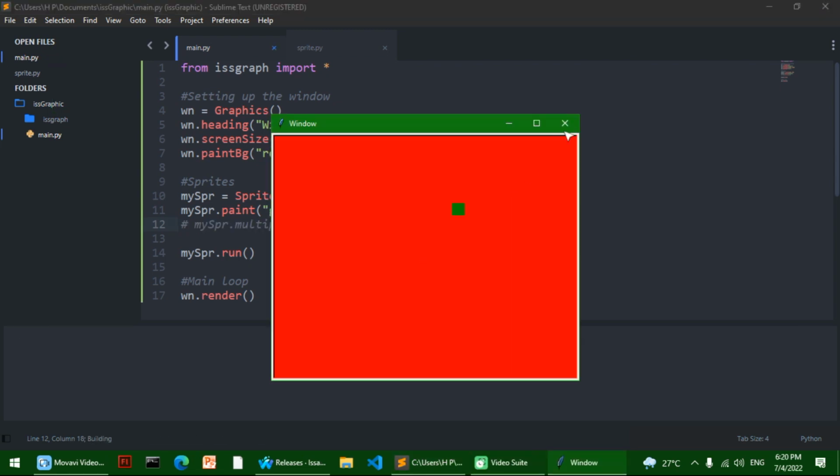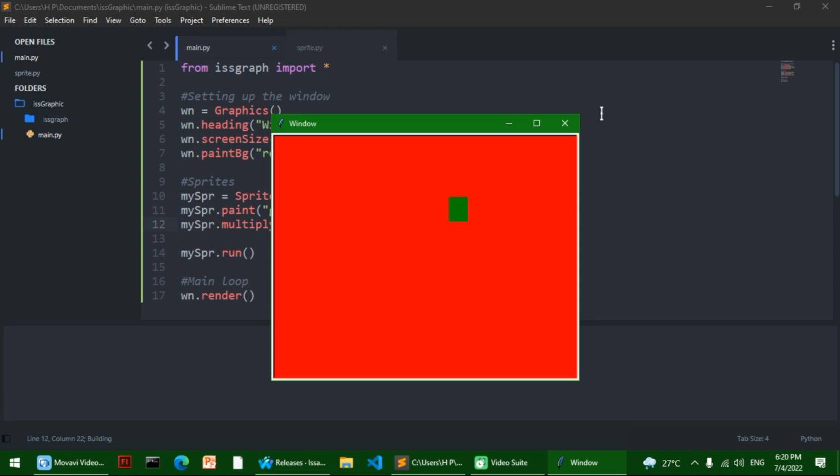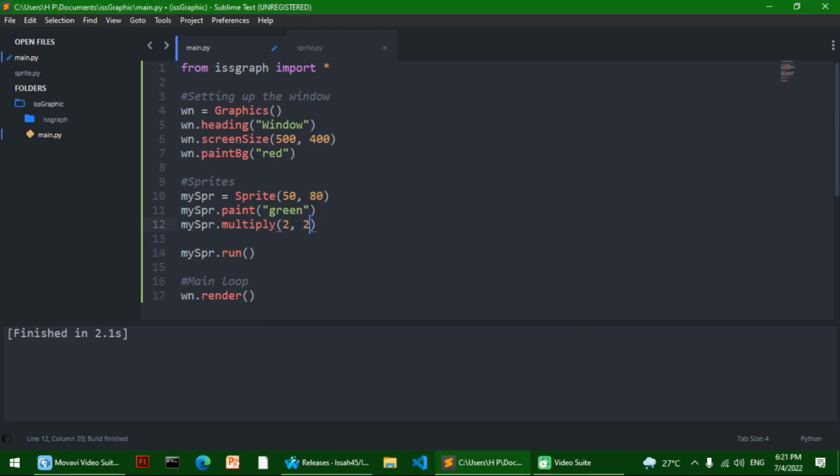Without it, it's going to just be a normal square without any scaling. So for it to be like 2, 3, it will look like that. You can write decimals as well. So the next function is called